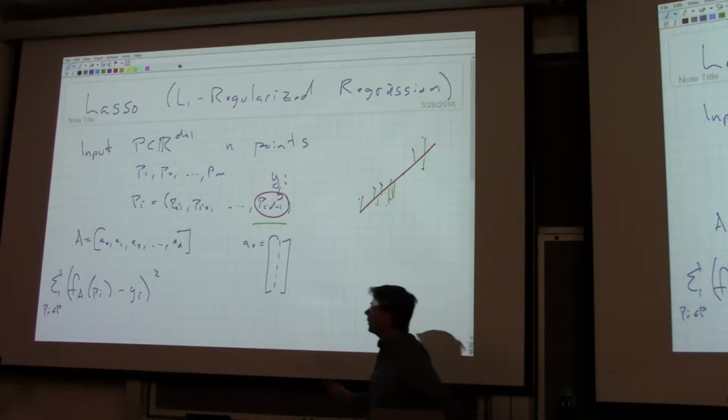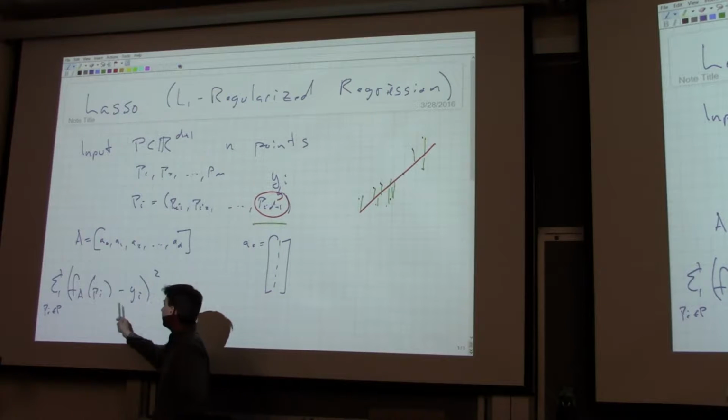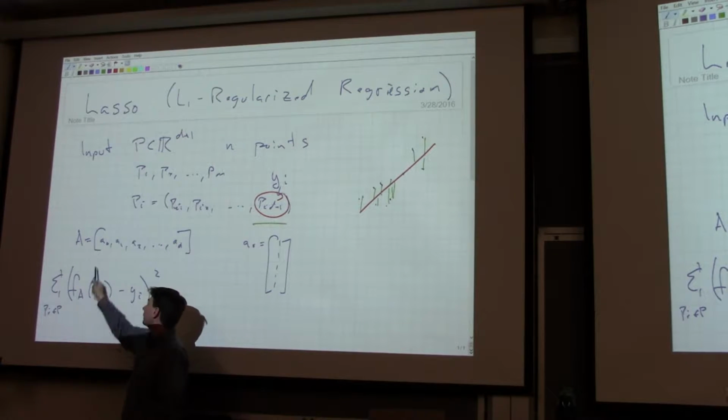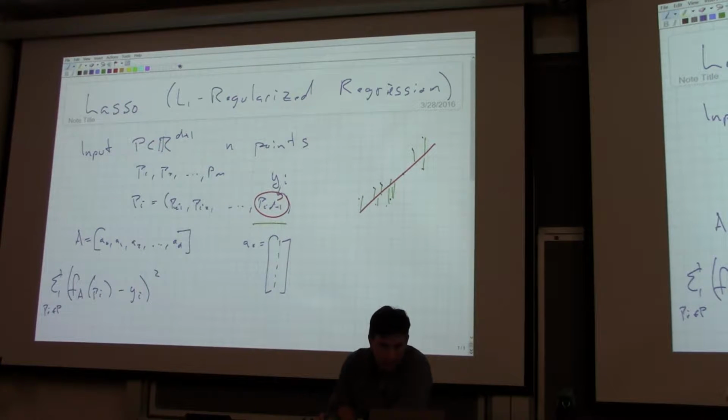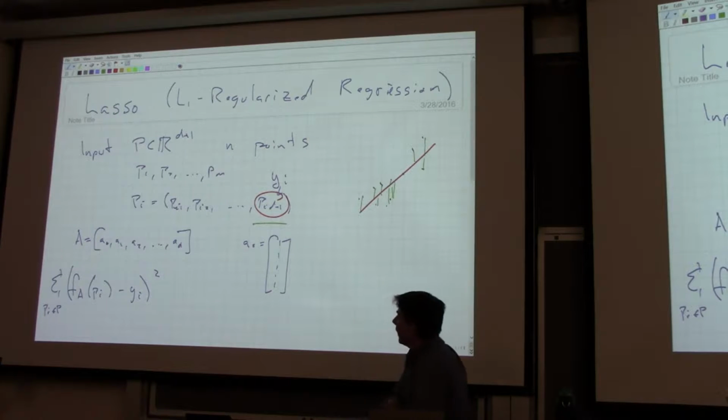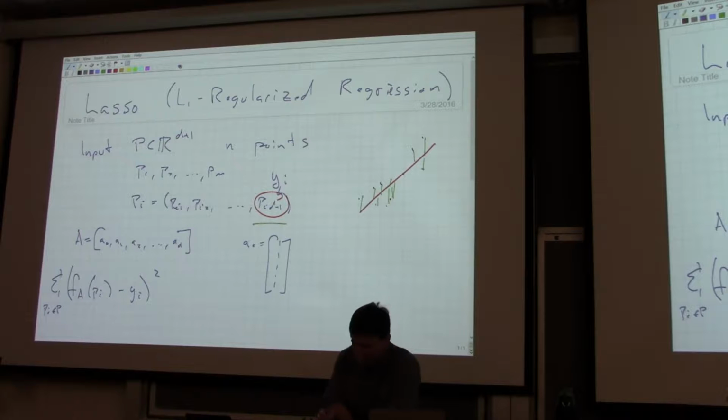Okay, so we're going to try and predict this last value using some function that depends on this matrix A of all the first few values. And this sum is going to go over i and p. And so these are just the first d plus 1 values. Okay, so